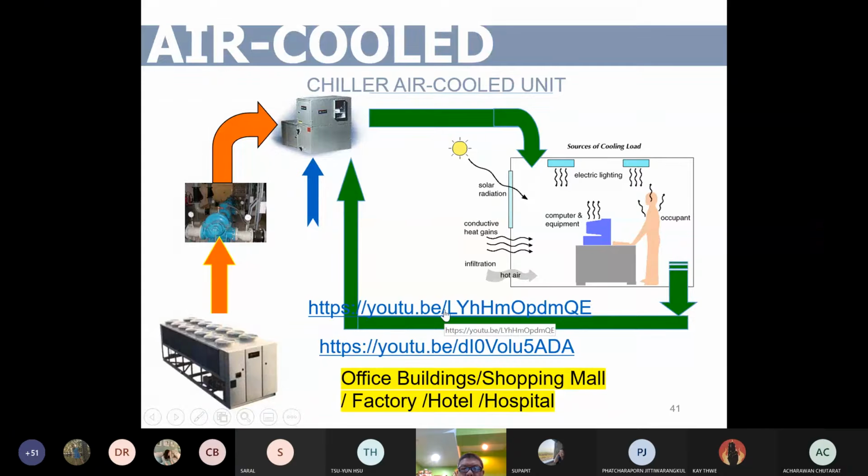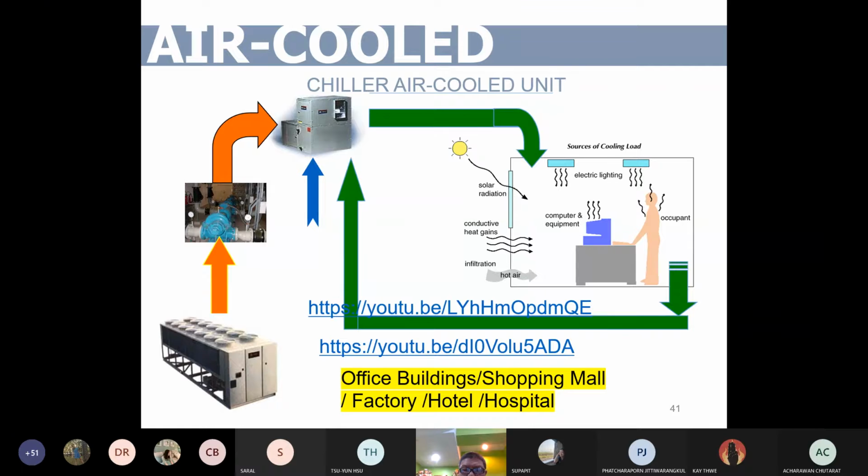This one you can see in many shopping malls. Shopping malls in Thailand that use air cool chillers, like SB Furniture or Home Pro, Mega Home. Mostly they use the air cool chiller. Some factories, most of the Japanese factories in Thailand, use air cool chillers because it's easy to maintain. Some hotels